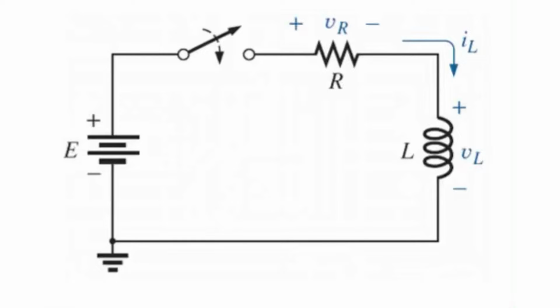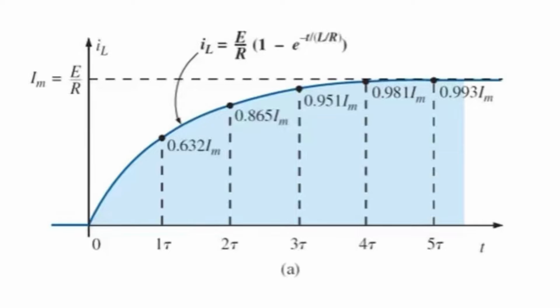An inductor in a DC circuit like this will store energy in the magnetic field that it generates as the DC current flows through it, in accordance with both Faraday and Lenz's laws. This graph shows the process, like that of a capacitor charging up, of the current in an inductor. It is evident that for each time constant, the current across the inductor is increasing until it reaches a steady state value. As there is a change in current to begin with, the inductor produces a magnetic field that in turn produces a back EMF to oppose this change, and therefore we see resistance before the current reaches a steady